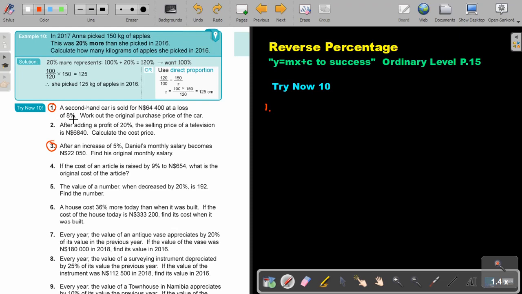64,400 at a loss of 8%. Now this is very important, a loss of 8%. So it's actually 100, not add, but loss means subtract. So it's actually